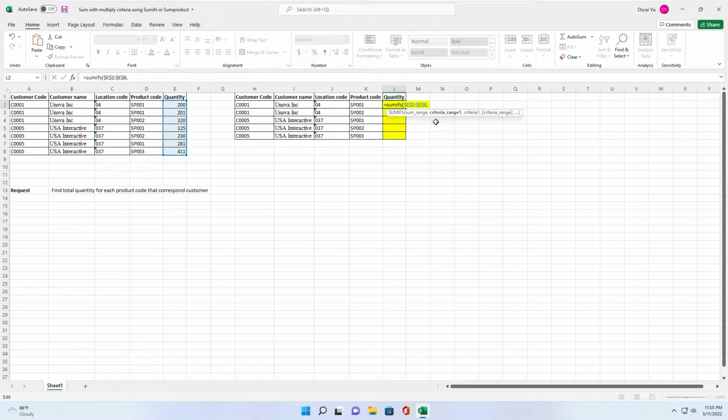comma, criteria range 1. The first criteria range is customer cost. You highlight this range from A2 to A5. You also need to lock this range, comma, criteria 1 corresponds to customer cost, comma, criteria range 2 is customer name. Press F4 to lock this range. Criteria 2 corresponds to customer name,